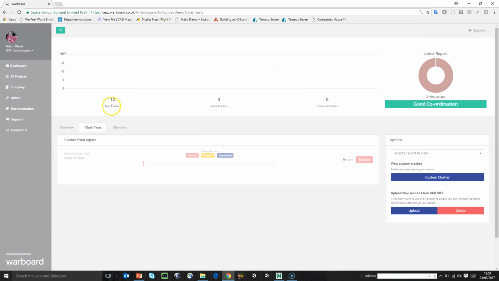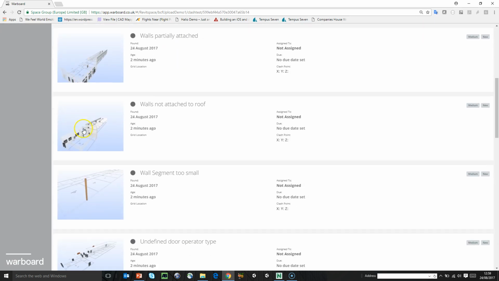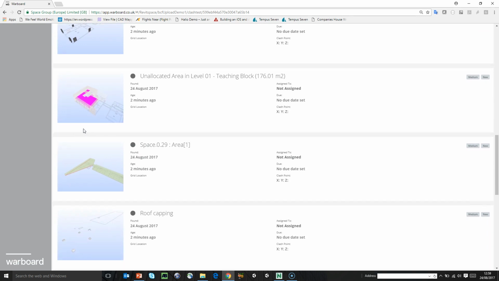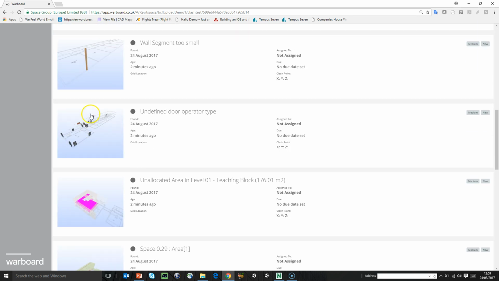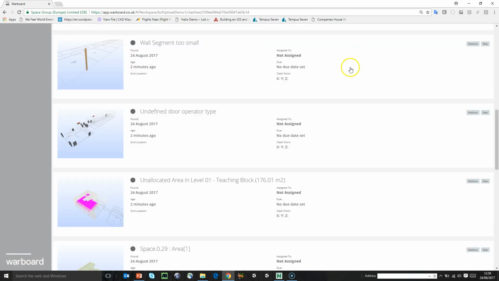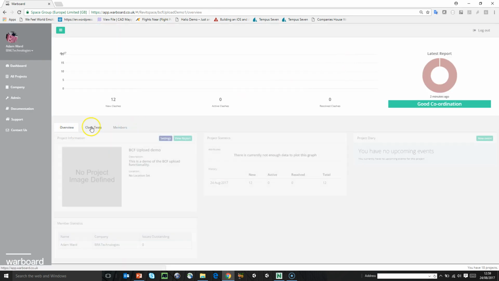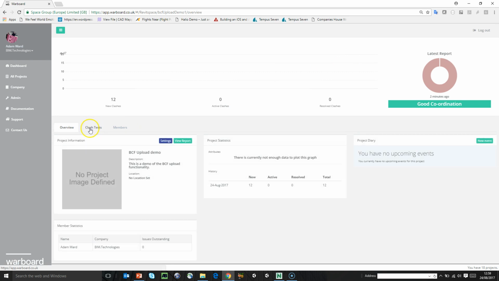And if we go into them, you can see in here, if we click view, there you go, we've got the Solibri issues pulled through there. And again, normal Warboard functionality, we can go in, we can assign them to somebody, we can put a date it's resolved, put comments on, etc. So exactly the same as our Navisworks upload mechanism, you can now upload multiple BCFs. What you'll notice is there's no charts yet, and you don't get any charts until you've done at